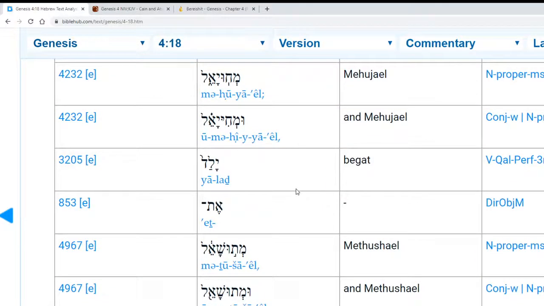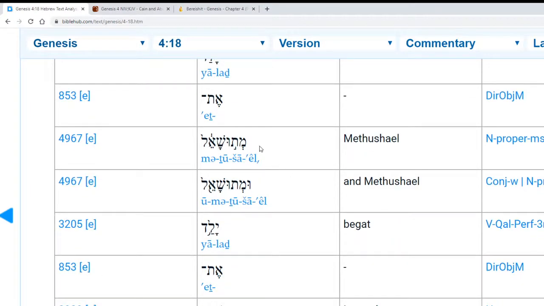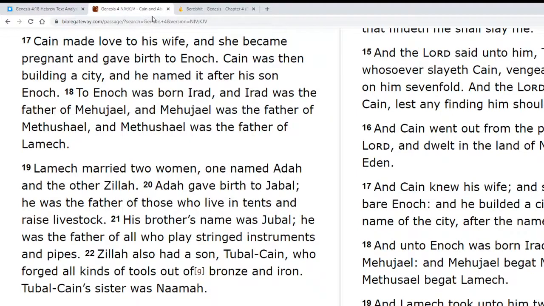It is a name. Yalad et Metushael, right? So Metosh, I am not sure what that would come from. Metushael, Yalad et Lamech, right? And you'll see, actually, usually it's Lemech. It's turned into Lamech because it is at the end of the sentence. So yeah, the actual name is actually Lemech. It changed into Lamech because it's at the end of the sentence. Anyway, so